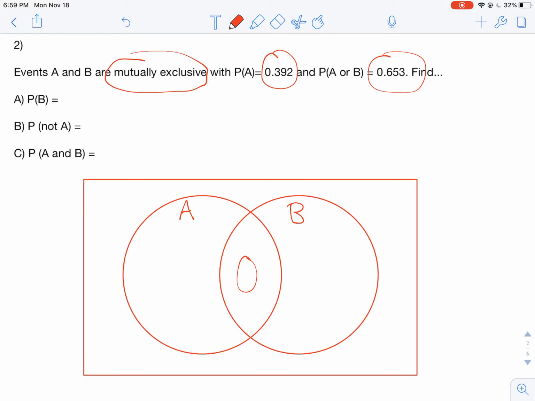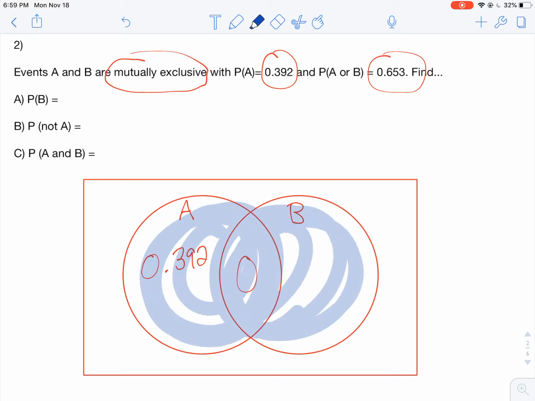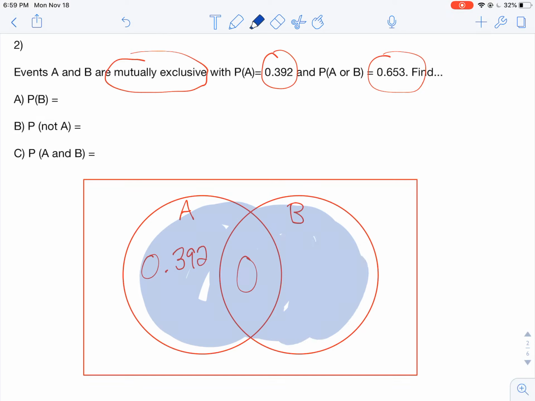All right, they're telling me the probability of A is 0.392. Now, typically I'd subtract the overlap, but there is no overlap here, so that makes it nice and easy. Now it's telling me the probability of A or B. That's going to tell me everything in these two circles here is going to add up to that value. So luckily I only have really one value to worry about, because 0 is one of them. So we're going to take that 0.653,